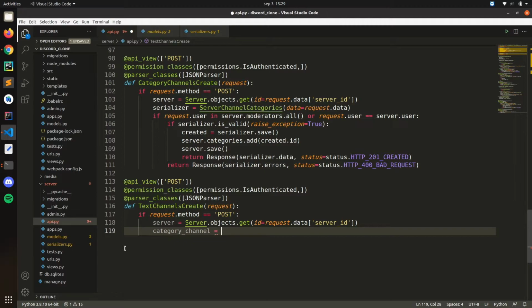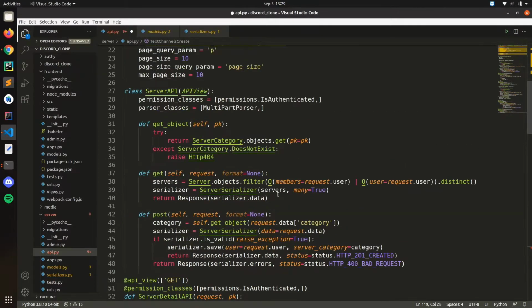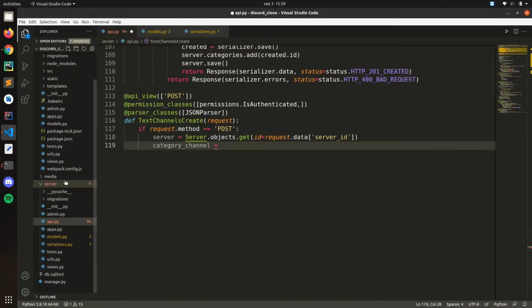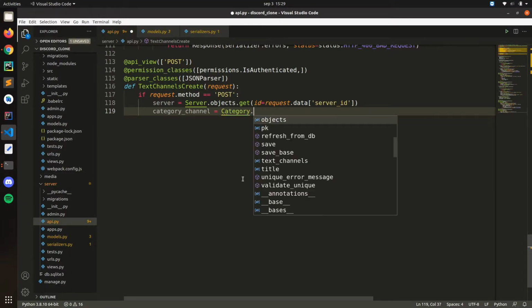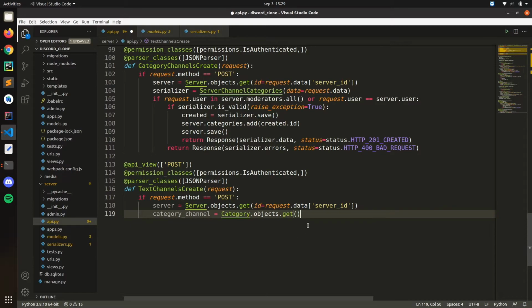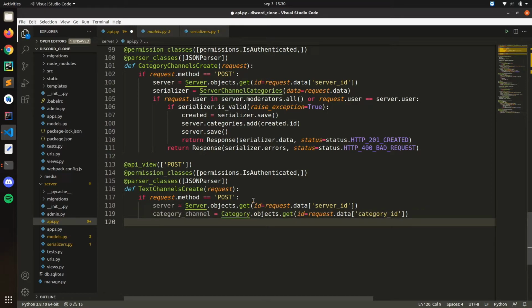Let me see if we import a category here. Oh yeah, we have category.objects.get, and we do the same thing, ID request.data, and then here we're searching for the category. Okay, and then the